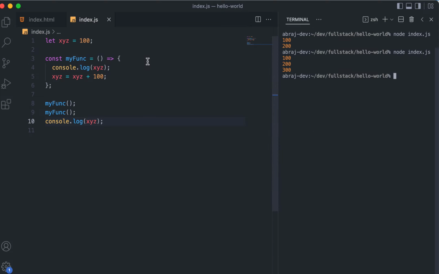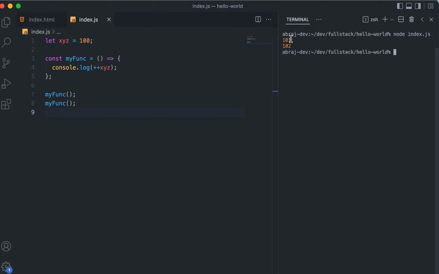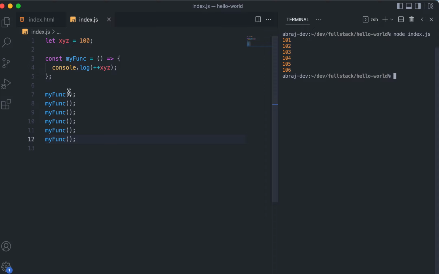Understand? Okay. And in that matter you can understand that yeah, I can have any variable, let's say xyz, and then I can just, let's do a simple thing which we know, pre increment. Okay, we do something like this, and then we see that 101, 102 it is printed, right? And for that matter, anytime you execute it, every time it will keep on increasing, which means that I'm trying to show you the point that not only you can access the outside variables, you can also change it, and that change will be reflected